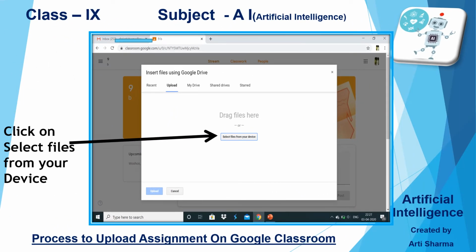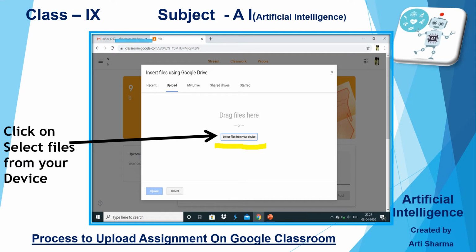When you click on file, now it is asking to select the file from your device. Wherever you have stored the file, you need to select that particular file. Is it clear to everybody? Whatever file you have prepared, you need to save somewhere in your laptop or your computer, whatever device you are using.